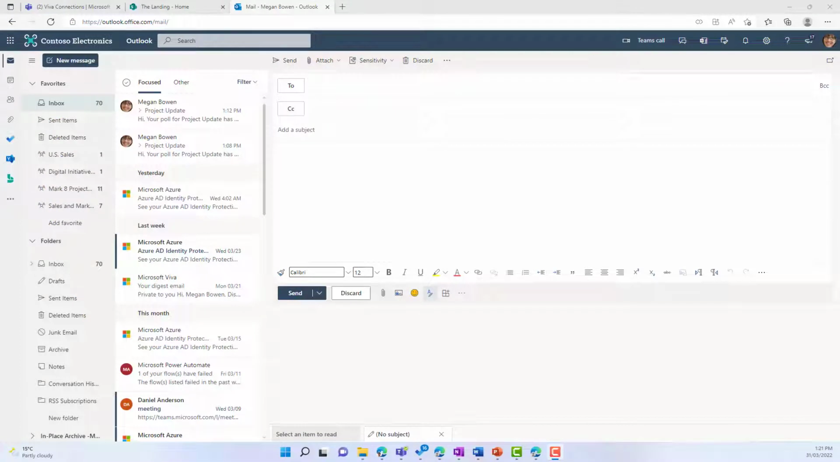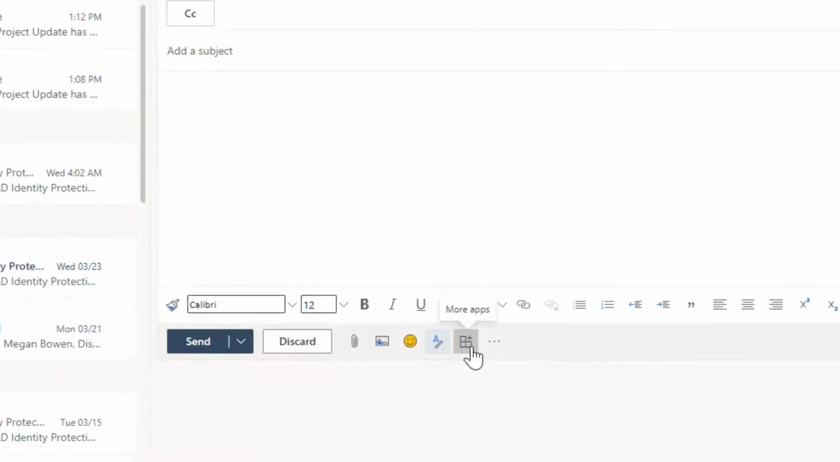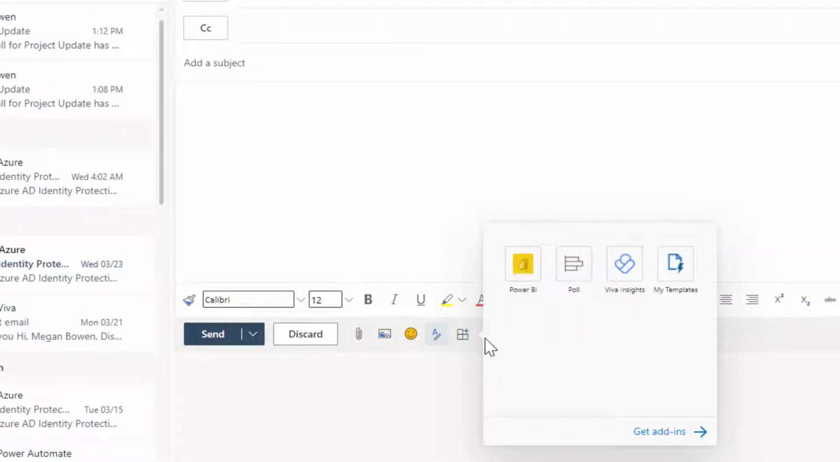Now you can see that I'm logged in as Megan, and I'm in Outlook Online here, but it comes through in the desktop version of Outlook as well. The first thing we need to do is add FindTime so that we can begin to use it. So this little icon down here where it says more apps, when I click on this,